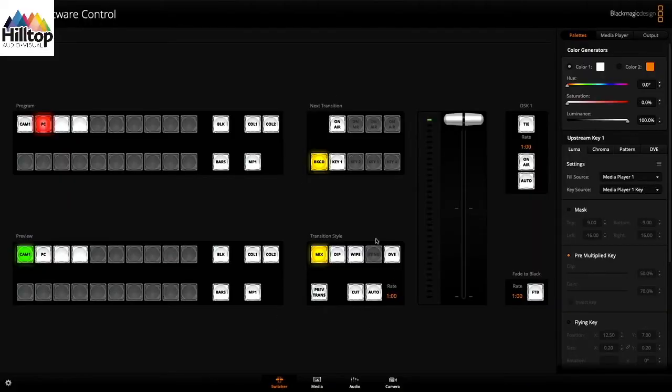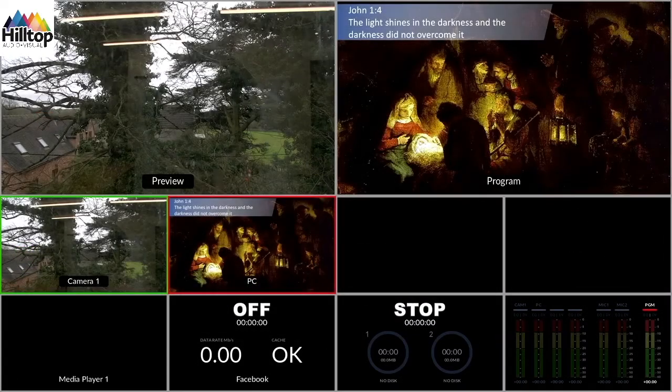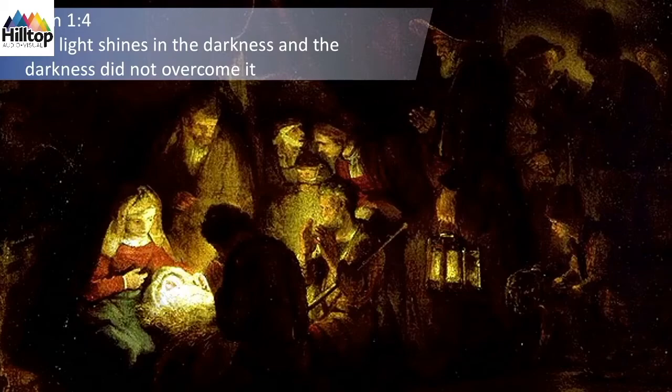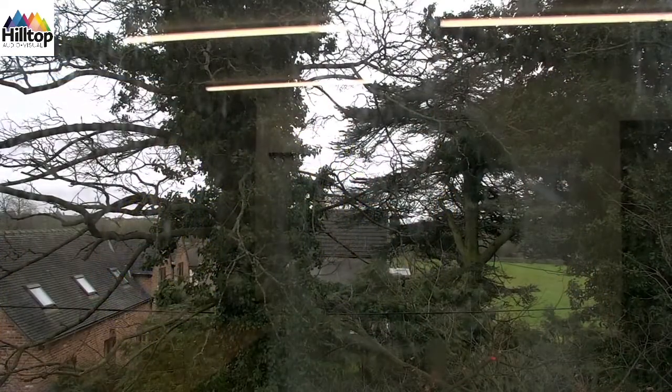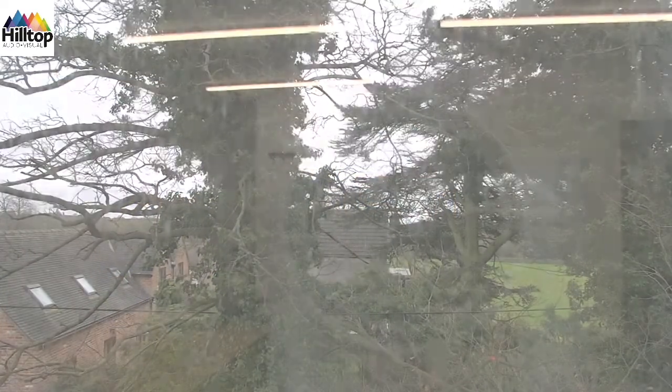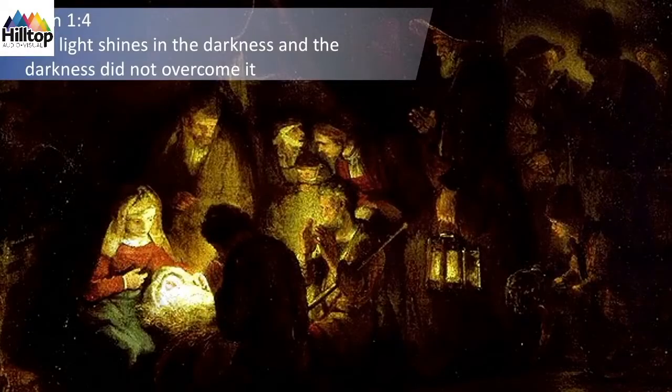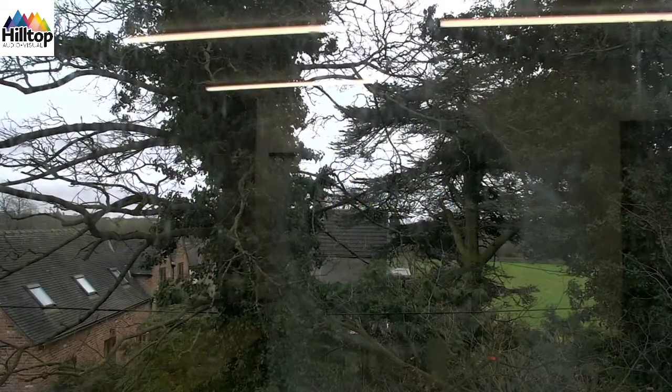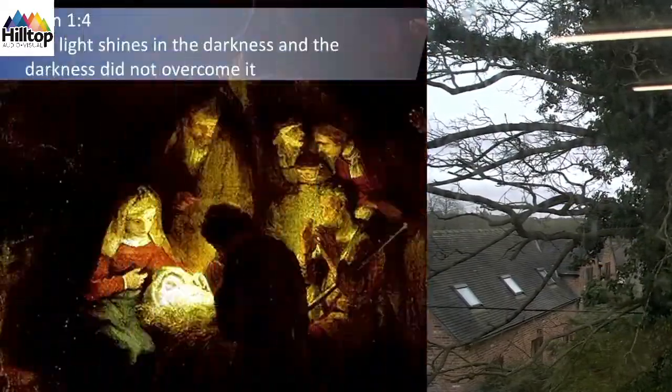We're going to take a look at the transition styles now, which are located here. So we've got mix, dip, wipe and DVE, and we're going to show you now the differences between those styles. So we've got a mix here, blending from one to another. A dip, which has a colour in the middle, in this case white. We've got a wipe, which wipes from one to the other, and then we've got a DVE, which